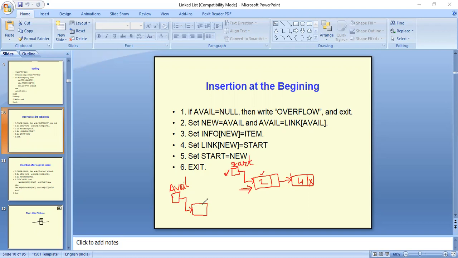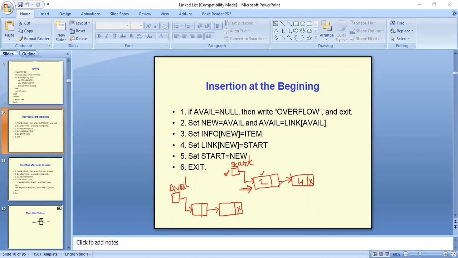So let's say we have these nodes which are available so that they can be used to store your data. So we have to check whether we have an empty node so that we can insert our element and attach that new node to our linked list.